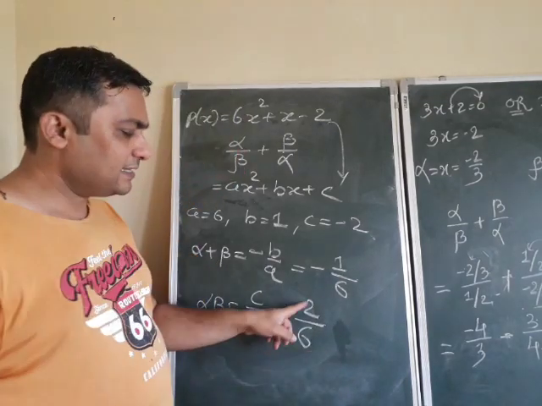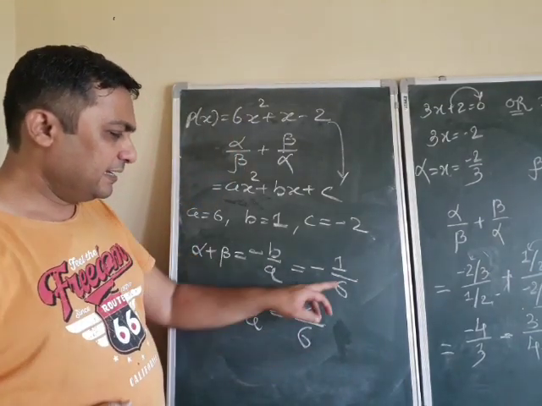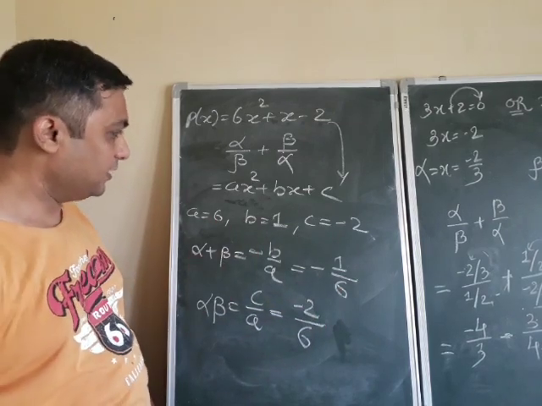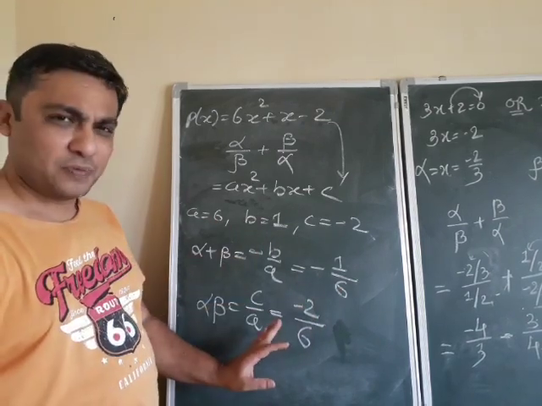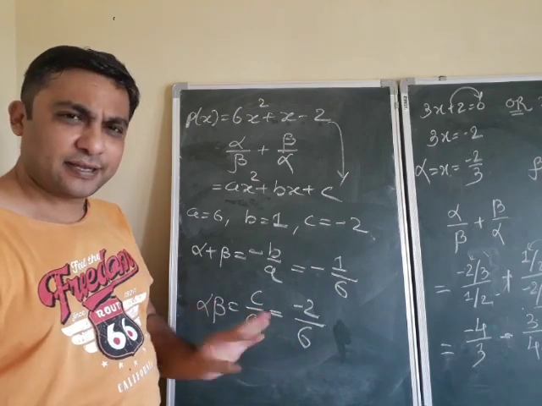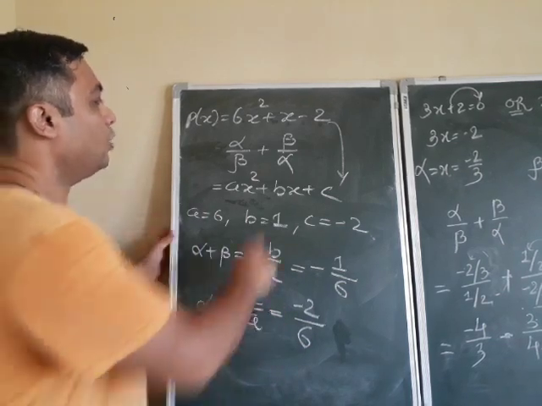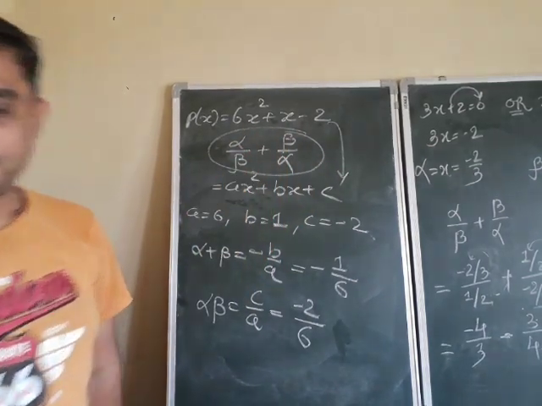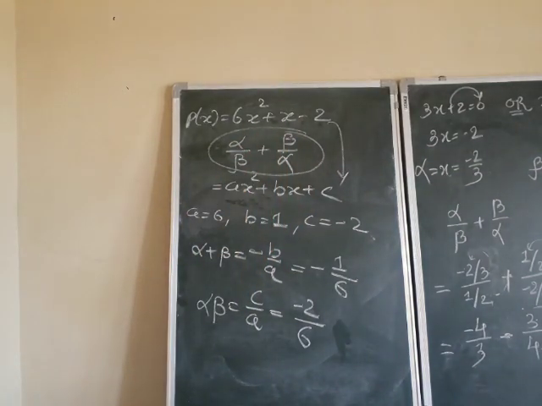चलिए वैसे ये सॉल्व हो जाएगा, ठीक है, लेकिन अगर दोनों के LCM same हैं तो calculations में benefit हो जाएगा. Clear? So we will keep minus 2 by 6. अगर जरूरत पड़ी तो simplify करेंगे. Okay, now you need these values. Look at how we can do this. चलिए, ready?